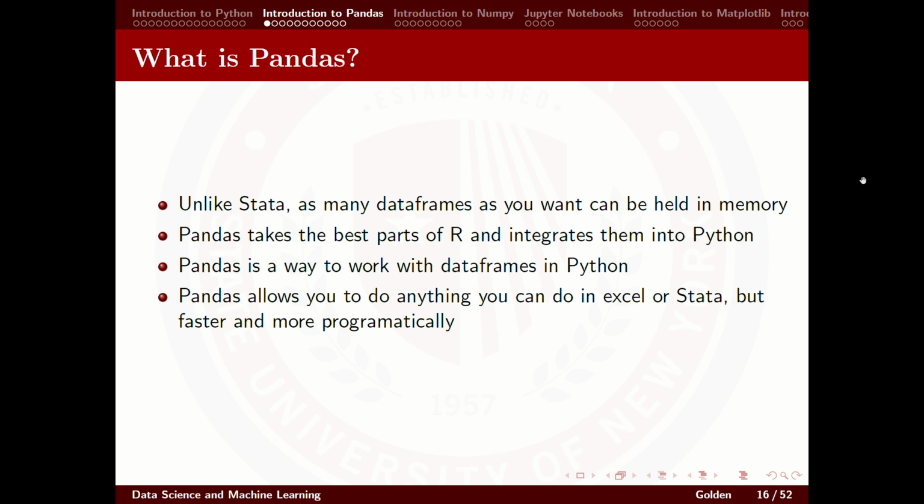Pandas also takes the best parts of R and integrates them into Python. It makes it really easy to integrate a lot of different data frames, to merge them, to perform different manipulations on them. It is kind of a memory suck compared to the other parts of Python. It's a lot slower compared to NumPy or SciPy, but it's a very useful way to interface with some of the data you're going to be dealing with prior to getting into some of the more formal